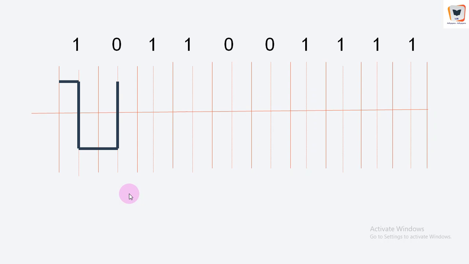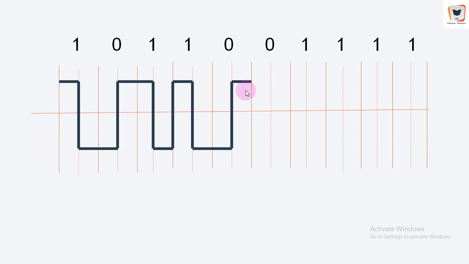So it has to go like this. What comes next is 1. 1 is always from high to low. Therefore, it has to go like this. What comes next is also once again 1. Therefore, this is once again from high to low. In order to achieve high to low, there should be a transition over here at the boundary. Once again, it will go from high to low. Here, once again, there is 0 that is coming. 0 is always from low to high. Therefore, it has to be taken till here.